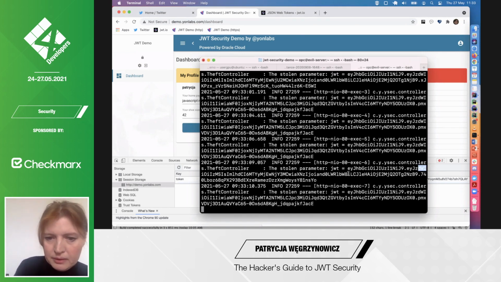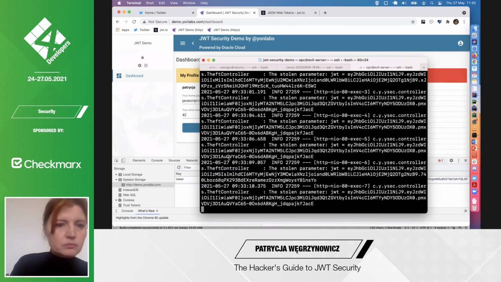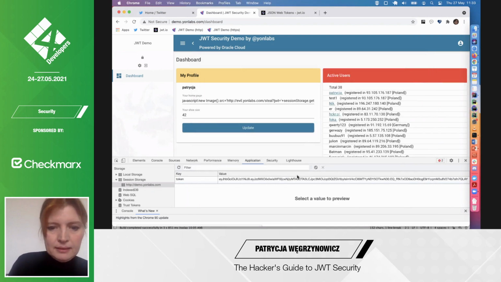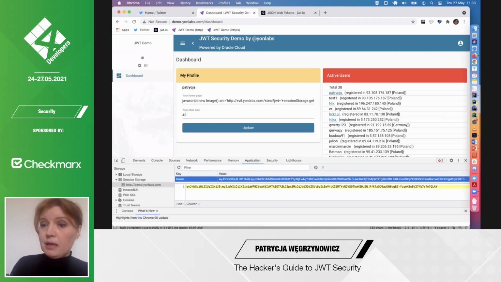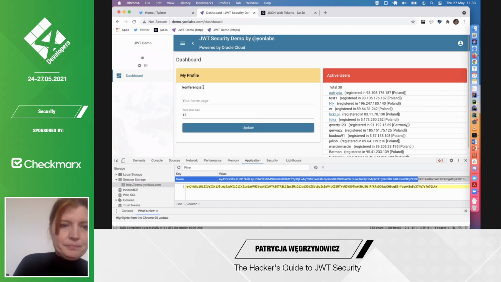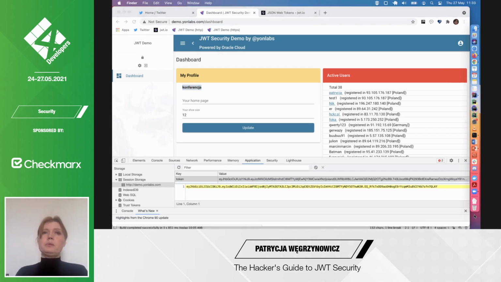So now to be quick enough to capture one of those tokens. Thank you for such a nice cooperation. And again, replacing my token with this stolen one. Okay, now I'm logged in as Confidentiality. Thank you. So even with HTTPS, I managed to steal one of your tokens.